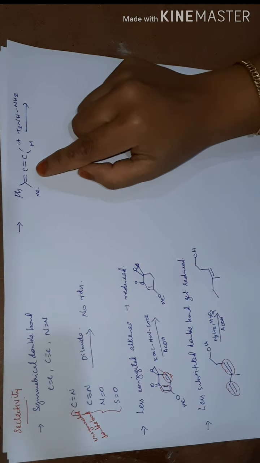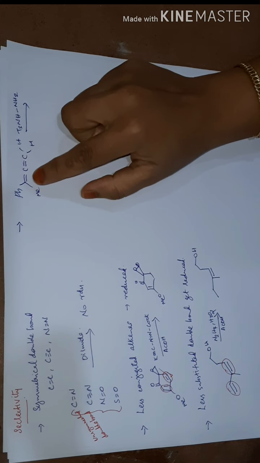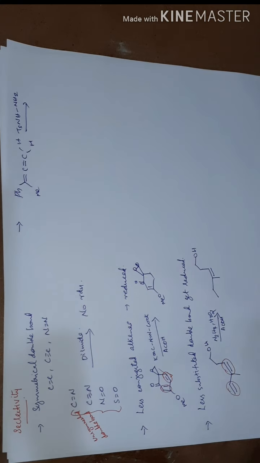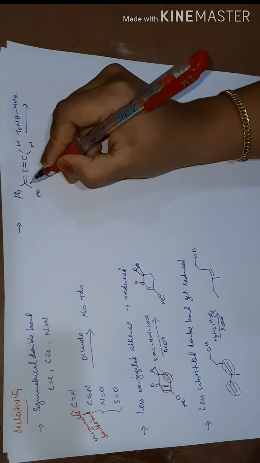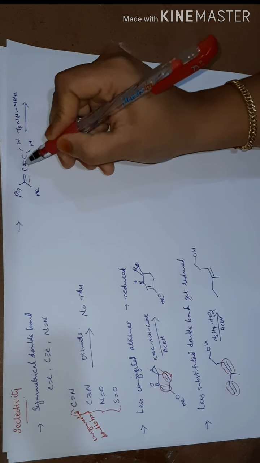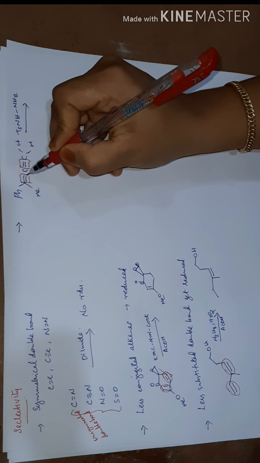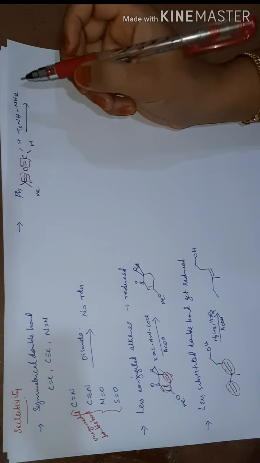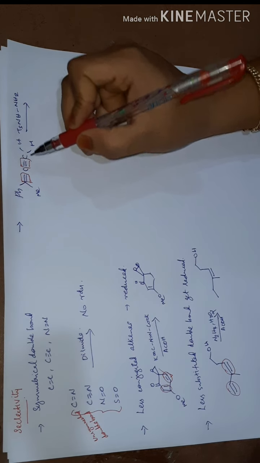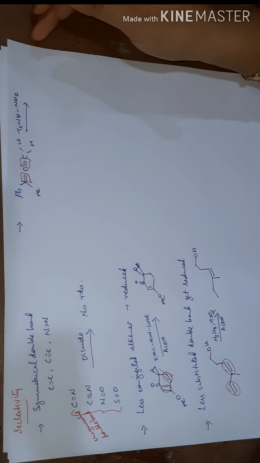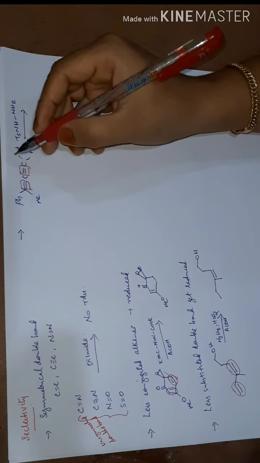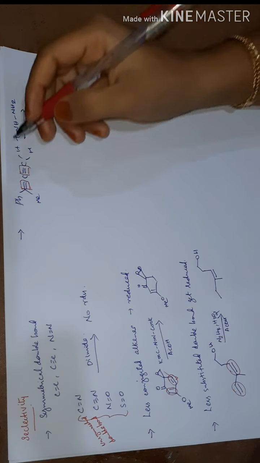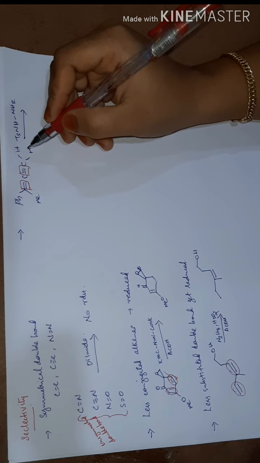That is, according to this molecule, there are 2 double bonds located, and comparing to the first double bond, the second double bond is considered the less substituted position. Or we can say that the reduction process happens by the syn addition of hydrogen, and the syn addition of hydrogen happens only in the molecule having less substituent at its carbon atom.